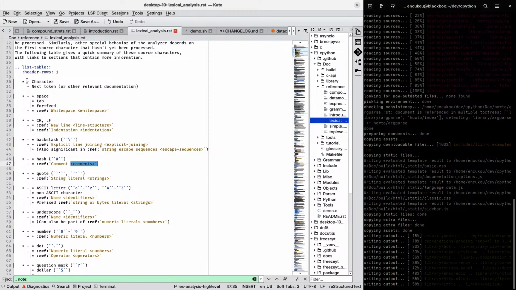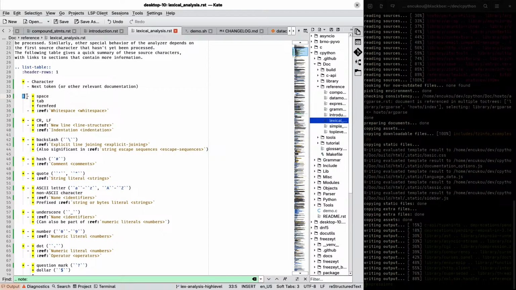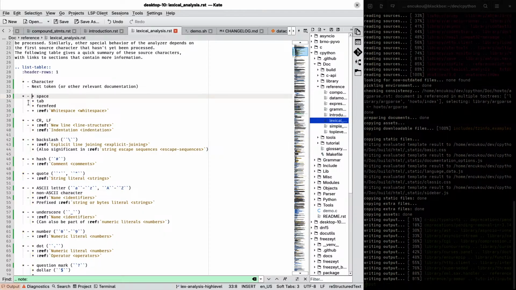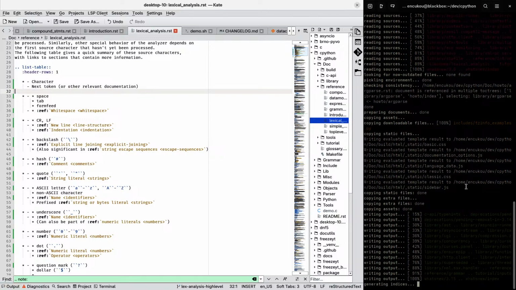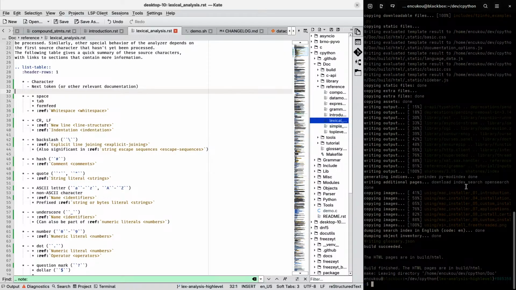And this list table has lists in each cell, so there are 3 levels of lists in the source, which makes it a bit special. What does it look like visually? Just built it. Okay. So let's look at what it looks like.